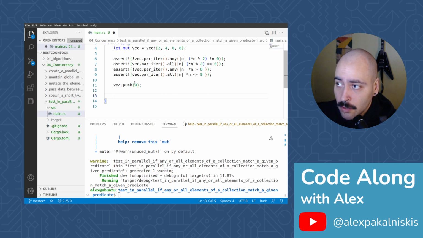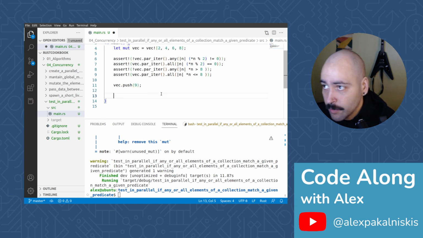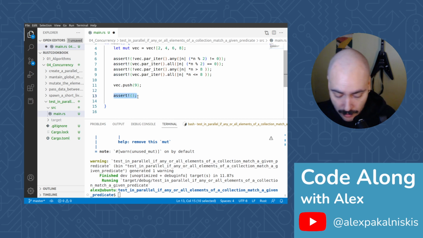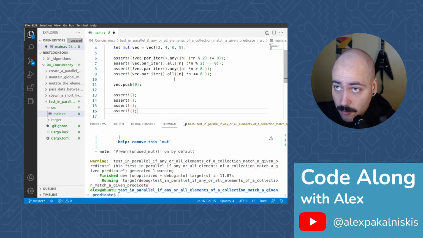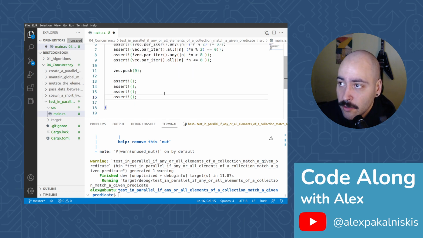So I'm going to copy paste some assert statements. Actually, no, we'll type out one and then we can copy paste from there. So I got the assert macro, the skeleton, so to speak, and then we'll paste it 3 times because we need 4 checks in total after we mutate our vector. So let me now check